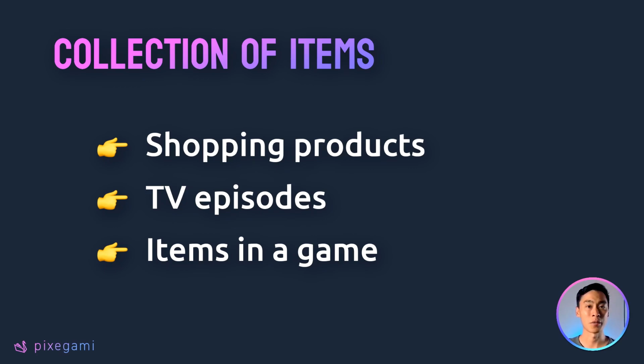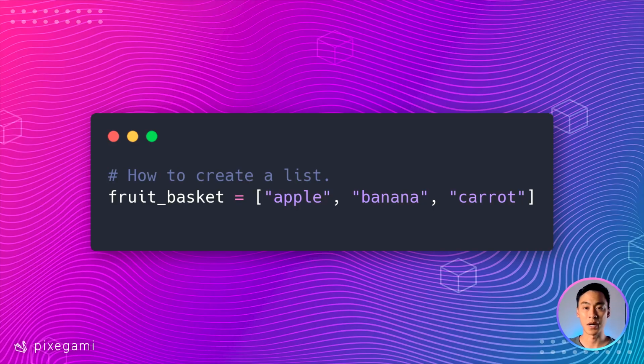In other programming languages, you might hear them being referred to as arrays or vectors, but in Python, we call them lists. To create a list in Python, we can use these square brackets here. So here's an example. Because a list is sequential, the order that we put things into a list will matter, and the list will retain that order. So here I'm creating a list called fruit basket, and inside the list I've got 3 strings, an apple, banana, and a carrot. That entire list can be accessed by using this variable, which I've labeled fruit basket.